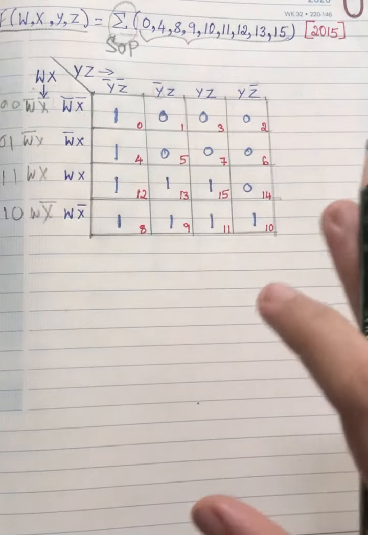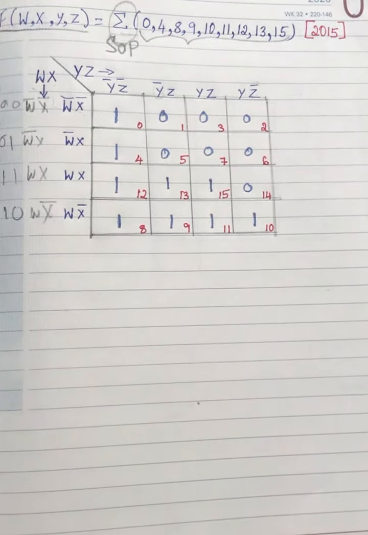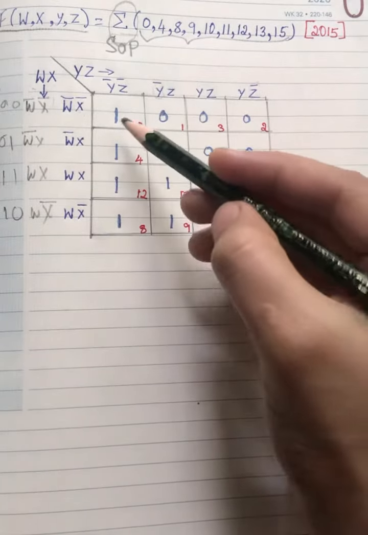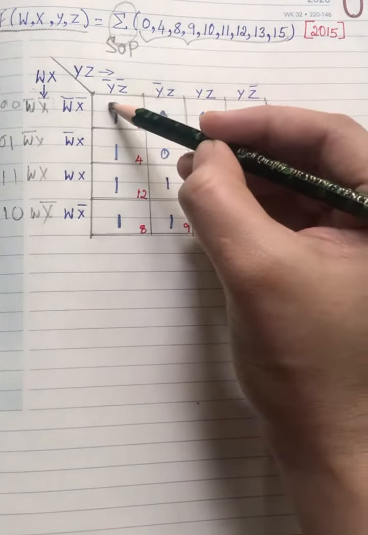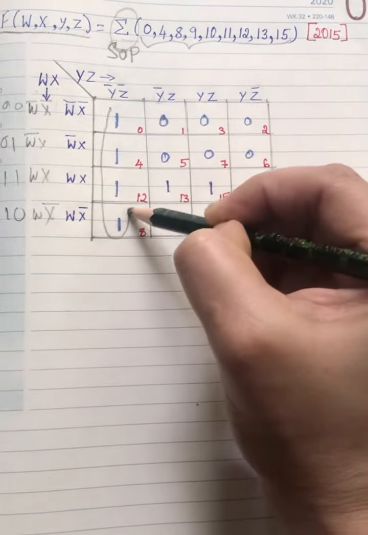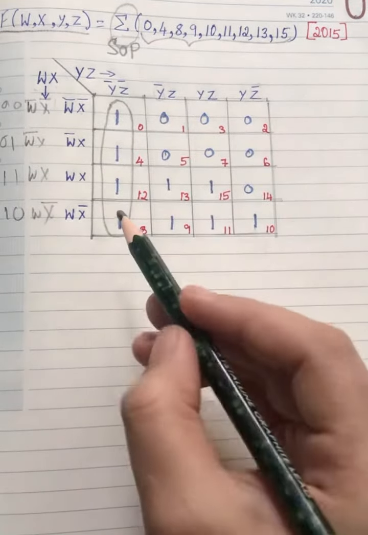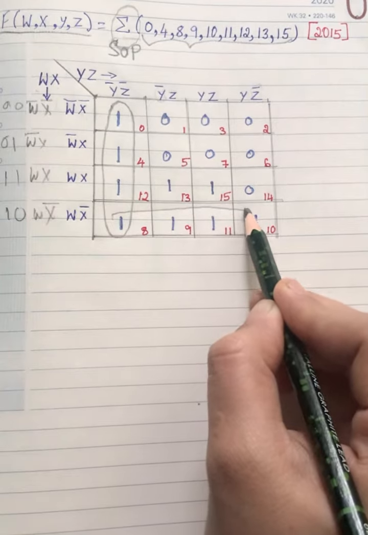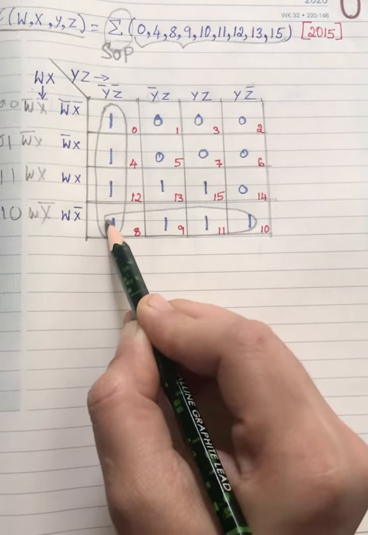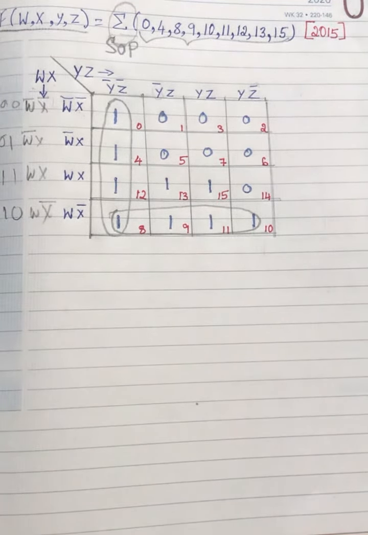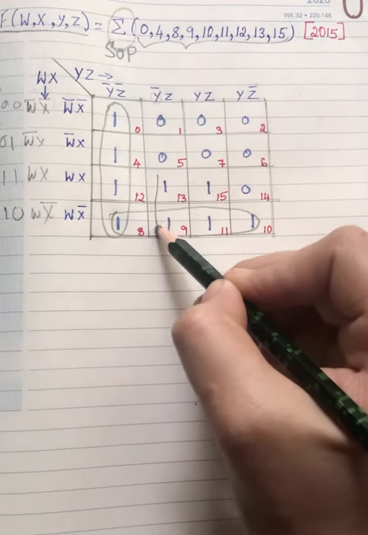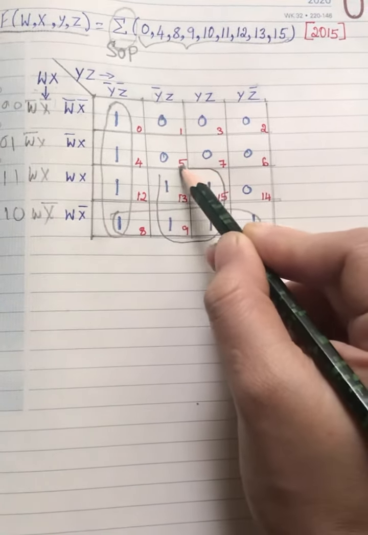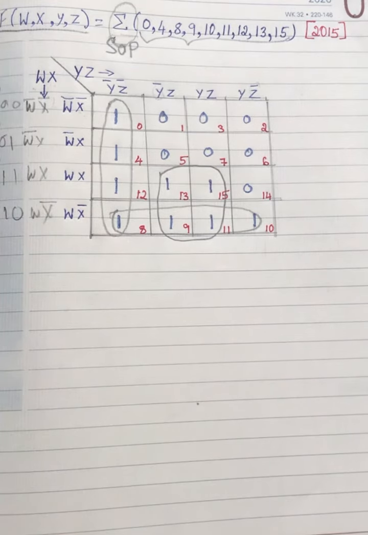Since we don't have any octal here, go with quad. Quad means 4. So here you can see 4. You can group this as octal. Then here you can group this as octal. Alright. Then one more is there. This one you can group as quad. So this is the next step, grouping.